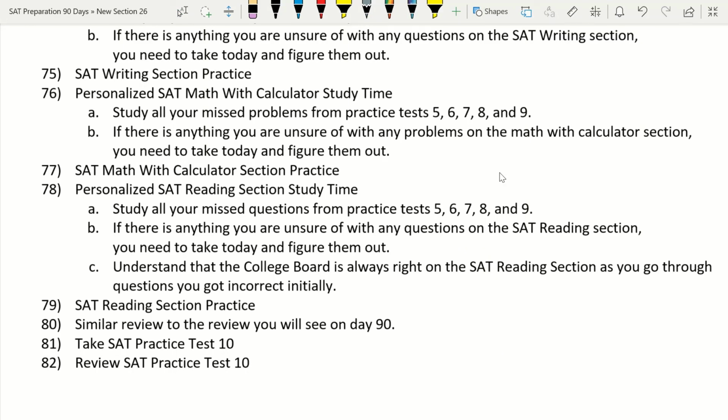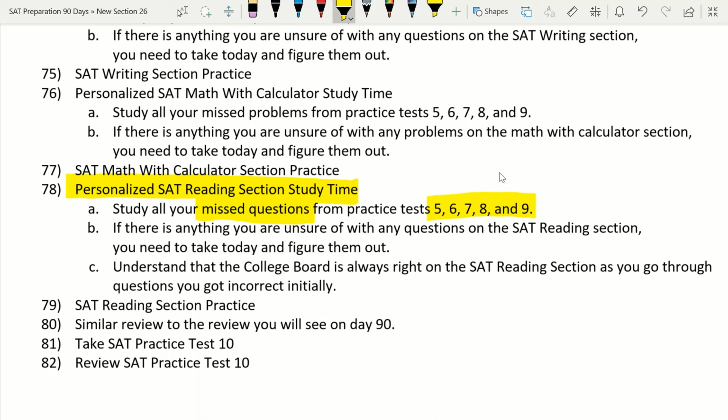Hopefully you saw some efficient ways to get through those questions on the math with calculator section. Hopefully you got all your questions right, or at least almost all of them right. Tomorrow is going to be a designated, personalized SAT reading section study time. That means you're going to be going through your reading passages and questions from practice tests 5, 6, 7, 8, and 9, checking any questions that you got wrong,